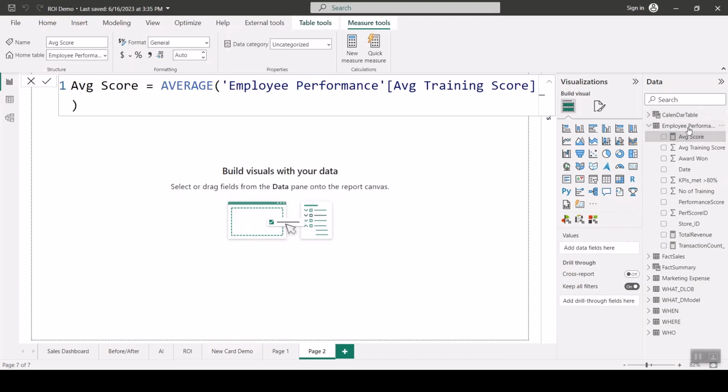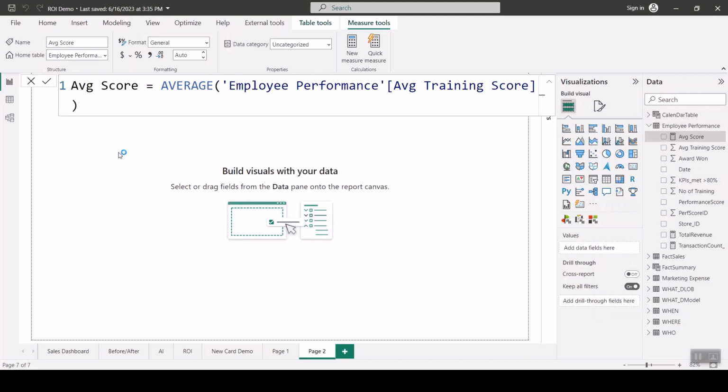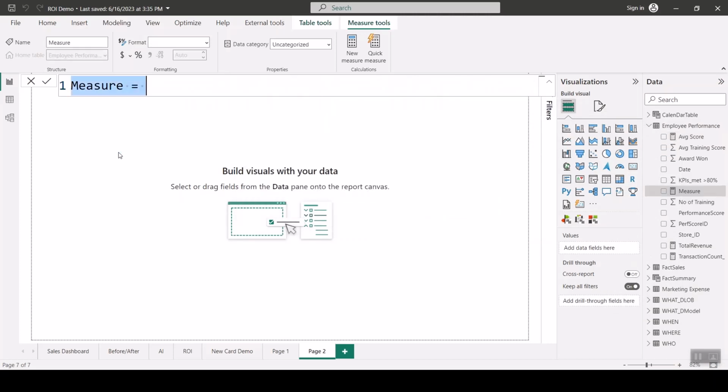The last aggregation example I'm going to use is standard deviation. So I'm going to do new measure again. Now, standard deviation is one of the most interesting aggregates to check how data spread or move away from the mean. A lot of people use standard deviation to test if data actually makes sense. Low standard deviation means that data are clustered around the mean, and high standard deviation indicates that data are more spread out. So I'm going to call this standard deviation